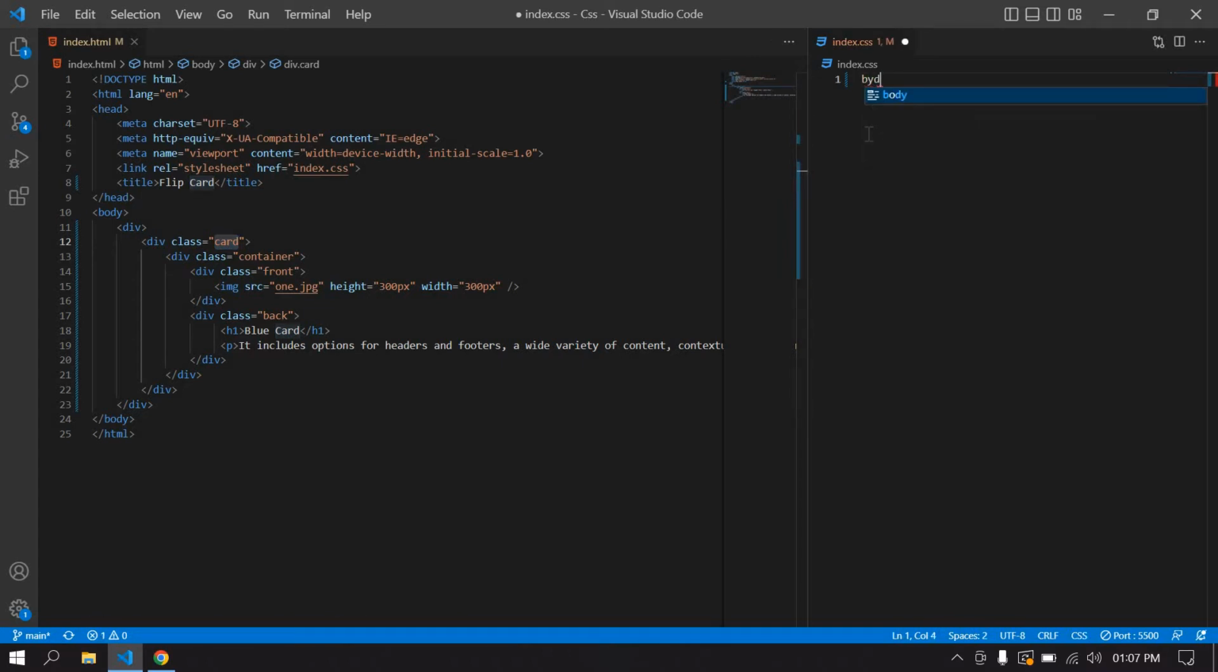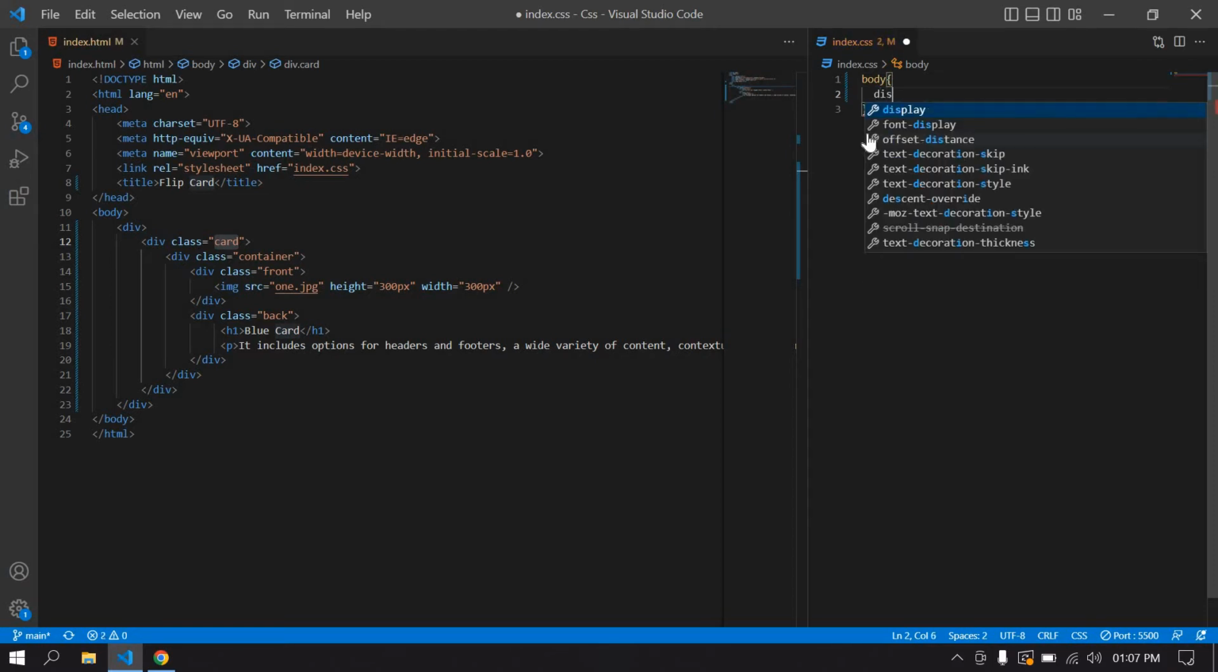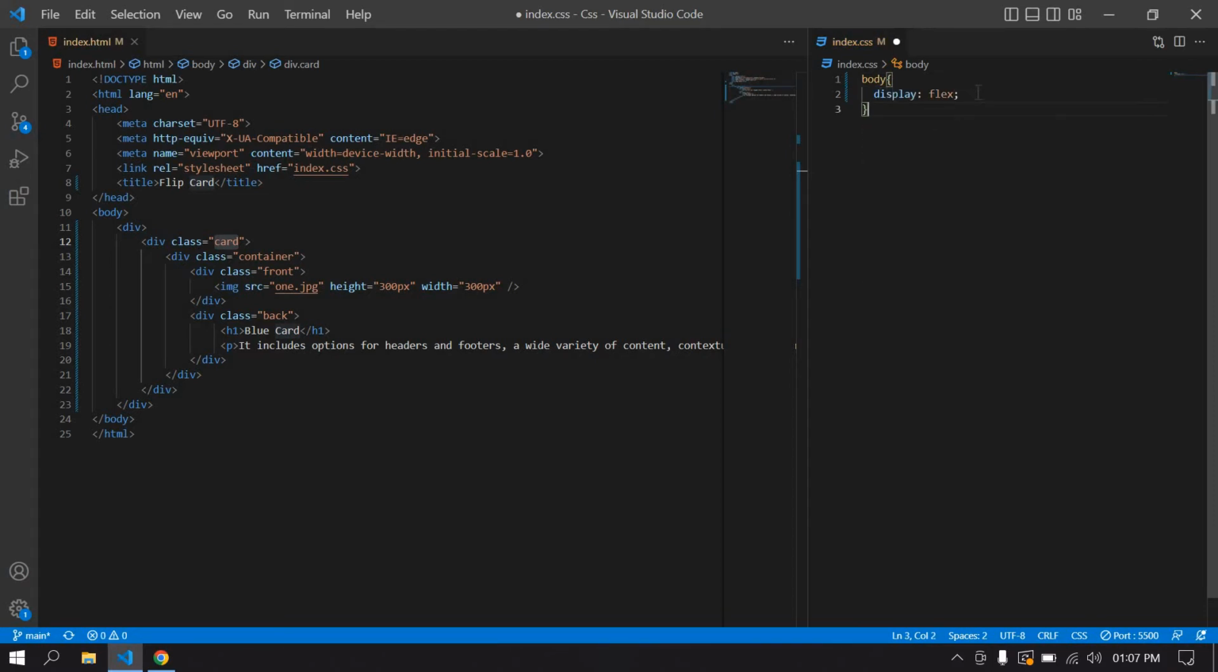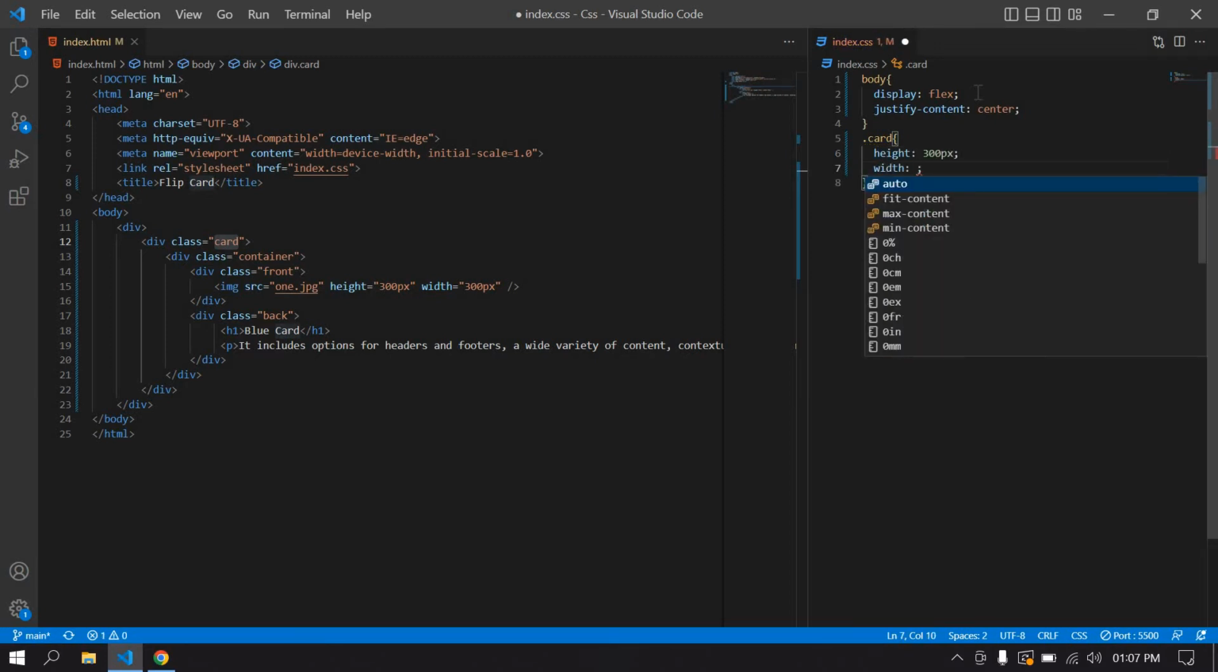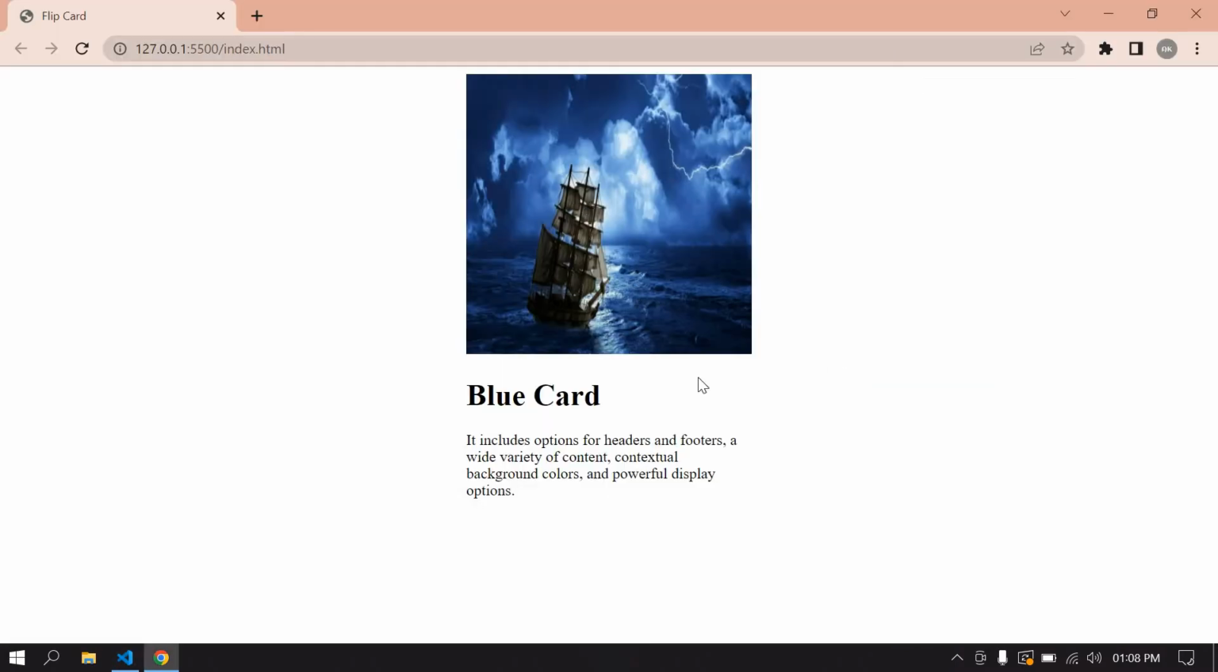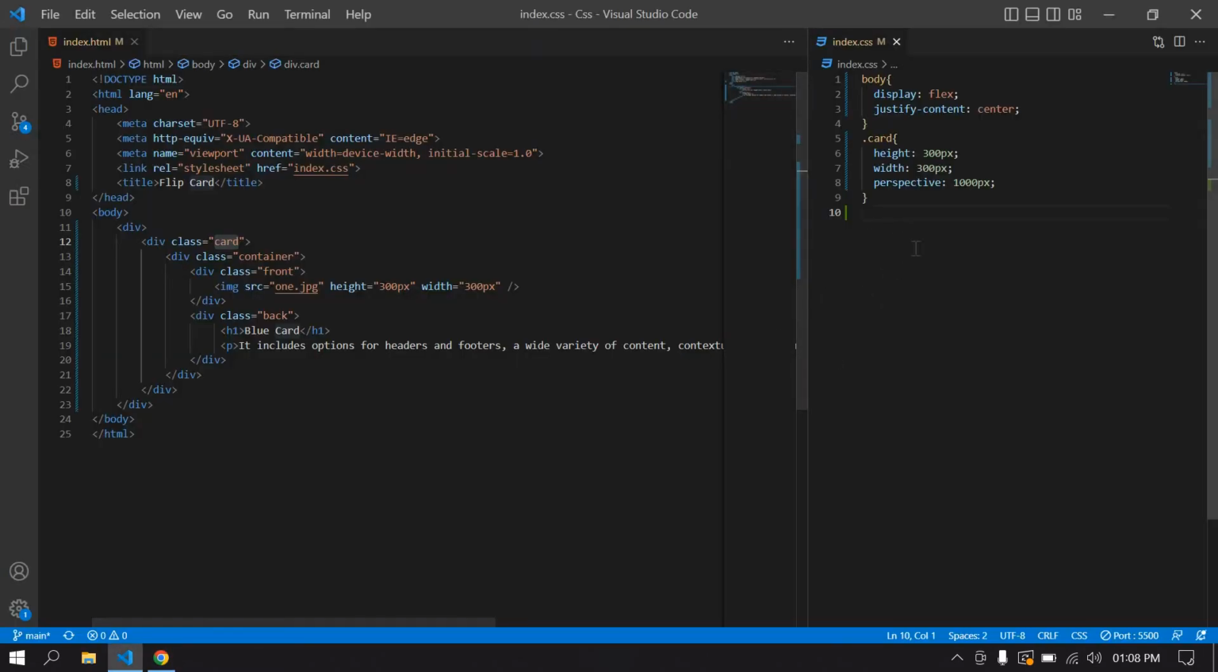First I create a body, and here I want all content in center, so display flex, because I'm going to display two cards, right? And also I'm going to create a justify content is center, and here I paste the card. I'm going to create a card, height is 300px, width is also 300px. Okay, and also create a perspective. This is 100,000px. Okay, yeah, I save this, go to browser, I get a content like this, and also I'm going to